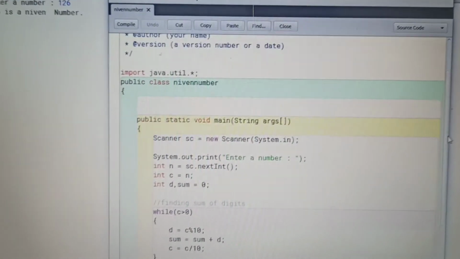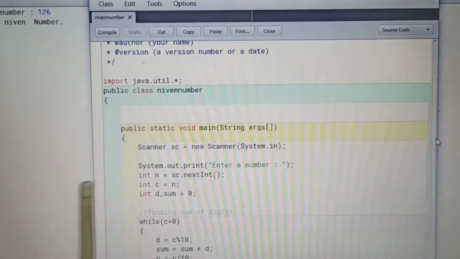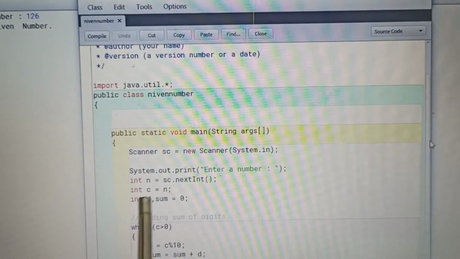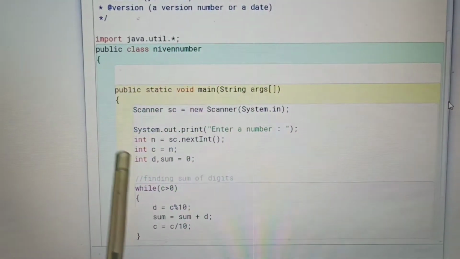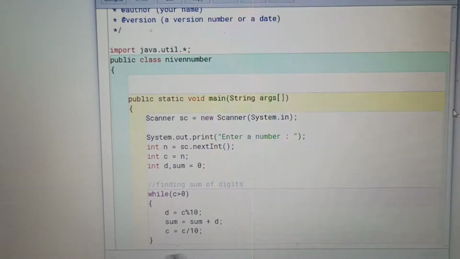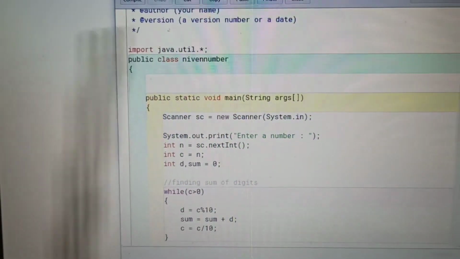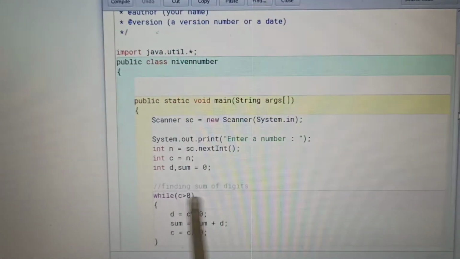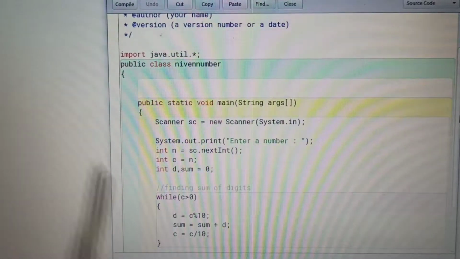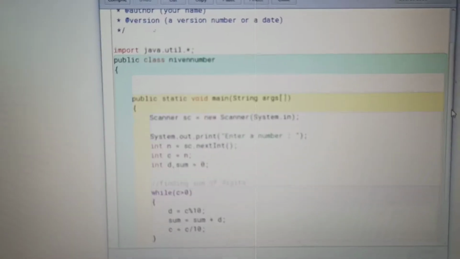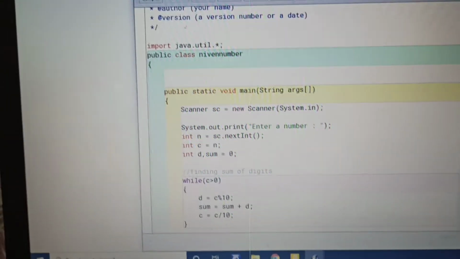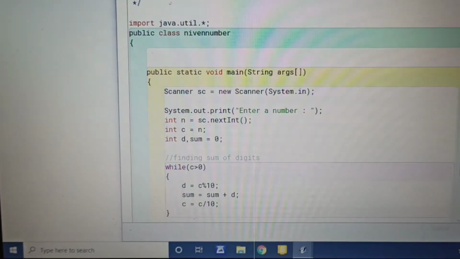One more variable is taken, d, and sum equals 0. Now one loop is given. The loop will continue executing until c becomes 0. The value of c is 126, which is greater than 0.